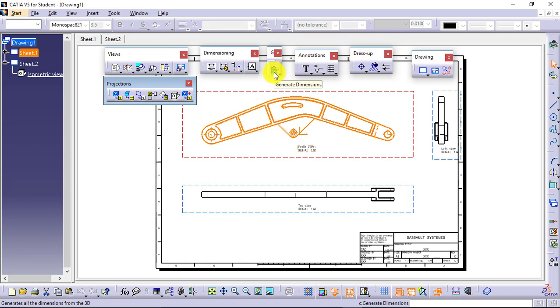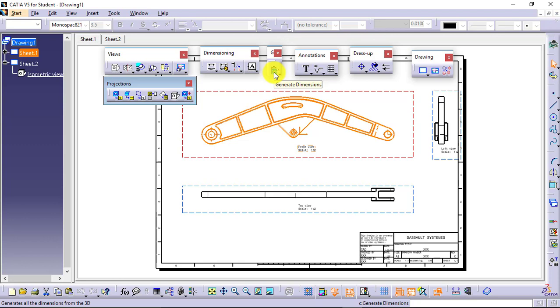I told you that we have generated drafting we use in these softwares. Means I will not create the drafting, I will generate it from whatever I have created in the model. So I have already generated the views from the model. The same thing I am going to do with the dimensions as well.